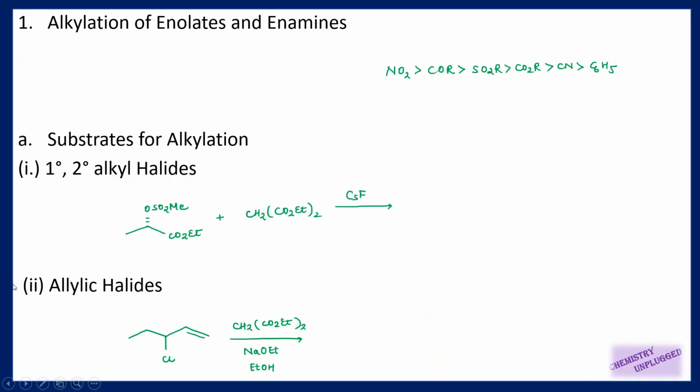But first we have to build up our concept. We all know what is an enolate, but I want to tell you here in brief that suppose you have a carbon adjacent to a carbonyl group, right? So the carbon is called alpha carbon and the hydrogen attached on it is alpha hydrogen. This hydrogen is acidic in nature, meaning when you remove it you will generate a negative charge on this carbon, and this negative charge can be stabilized by this carbonyl group, right?